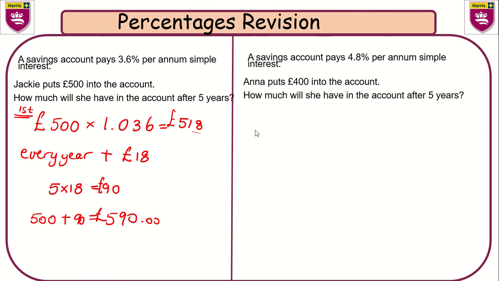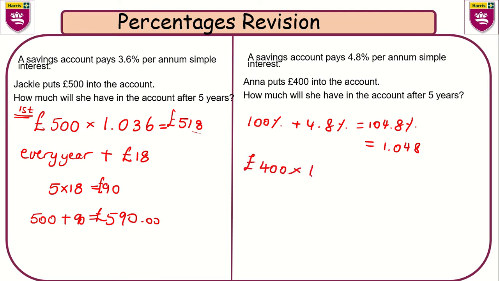Right, let's do this. So we've got 4.8% is going to be an increase, so it's just adding on. 100% plus the 4.8% is 104.8%. If I convert this into a decimal, that will be 1.048. And if I was to times £400 by 1.048, I'm going to end up with